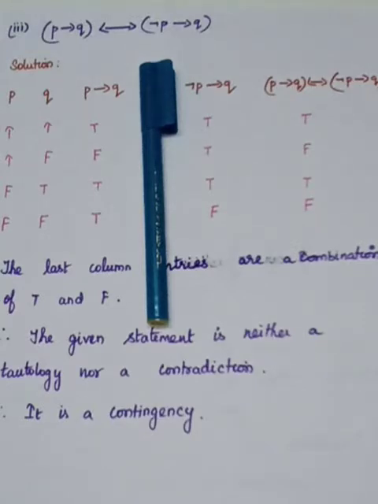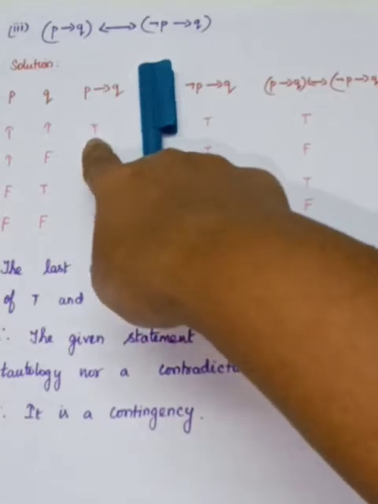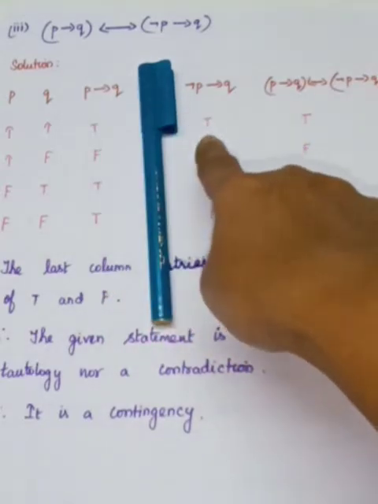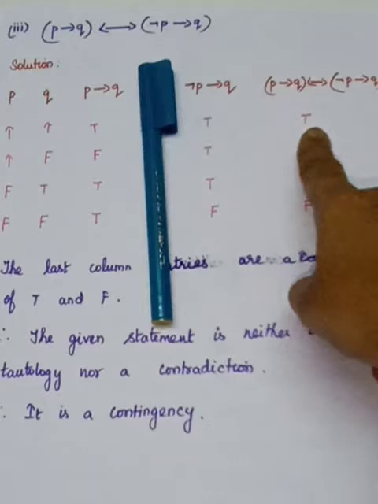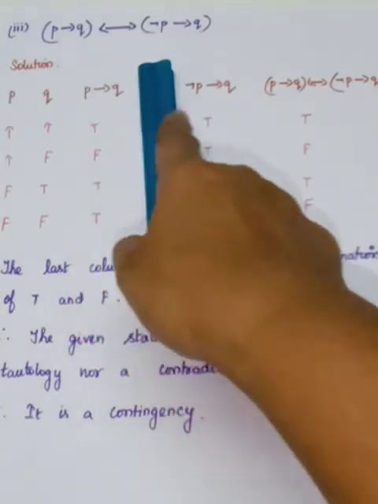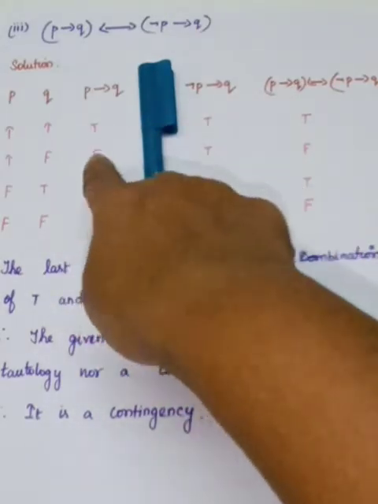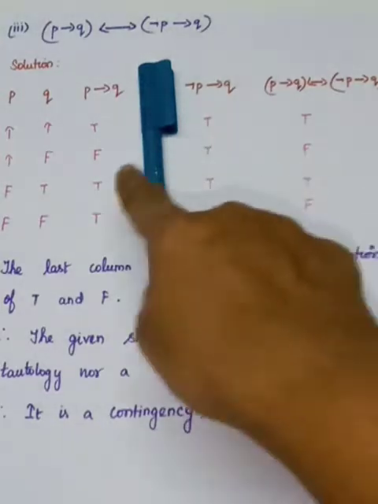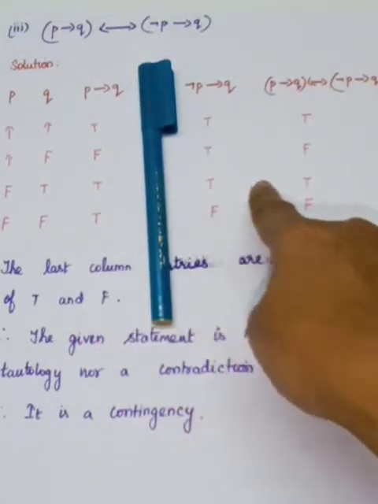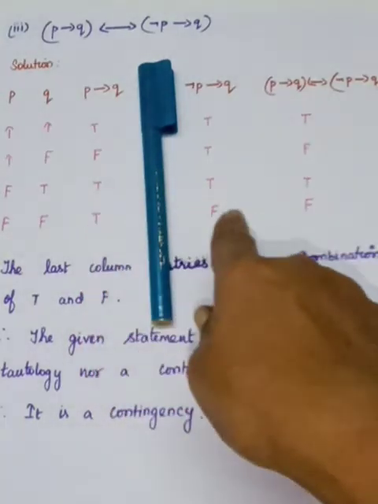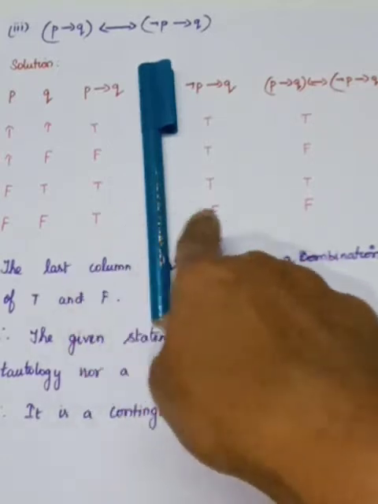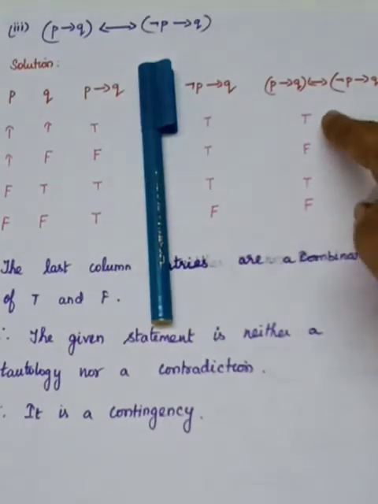That means இங்கேயும் true இருக்கணும் அங்கேயும் true இருக்கணும். இல்லை இங்கே false அங்கேயும் false ஆயிருந்ததுனா it is true. Otherwise it is false. You look at the first one. Here true, here also true. Both having the same truth value. So you have to write true. But here you see that the truth value is different. One is false, another one is true. So it is false. Here you will have the same truth value. So it is true. Here you will have the different truth value. One is true, another one is false. So it is false. So you will get this.